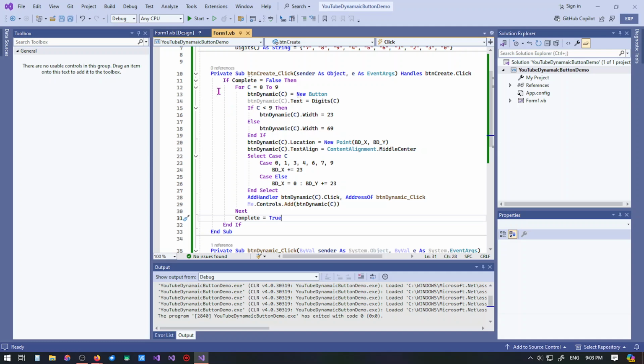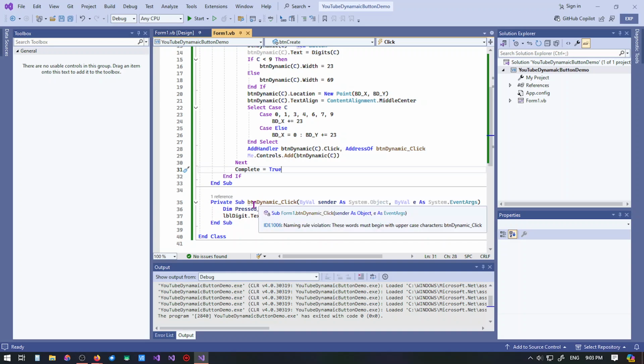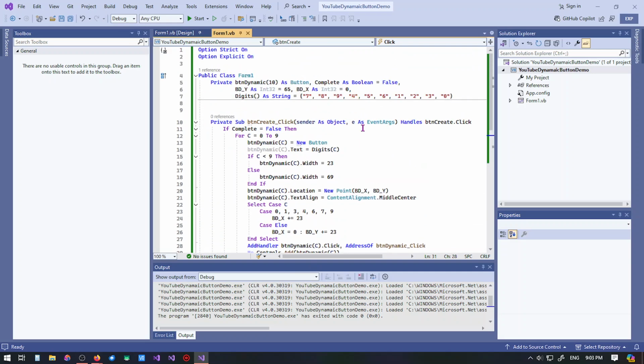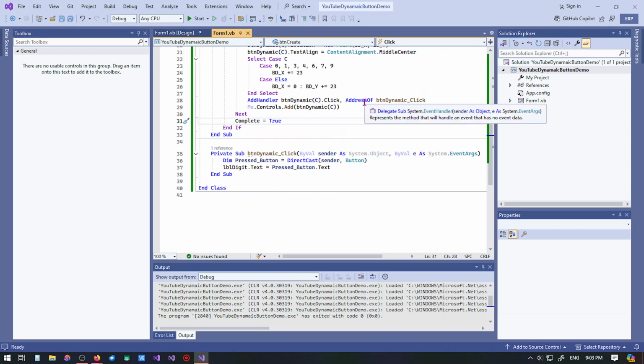Now, before you put anything inside, what we should probably do is the event handler, which is a click handler. So down here we have private sub dynamic button click, and here, we'll go up here. Handles, we don't need that right there because we have an add handler which will give the address of the dynamic button click, so we don't need anything after the last parentheses. Okay,